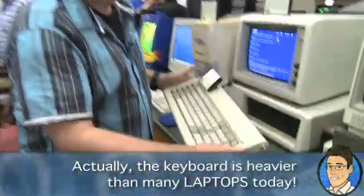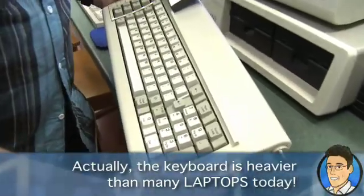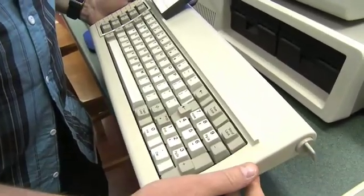Unfortunately, of course, it's in a metal case. It's 4 times as heavy as your typical keyboard today, right? But oh my God, talk about quality. If you spill coffee in this thing, it'll work through,